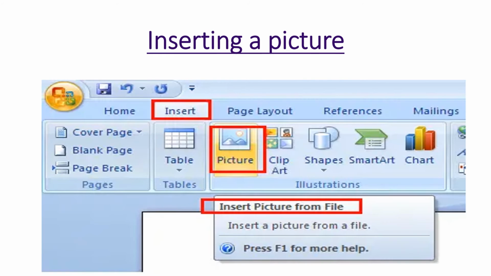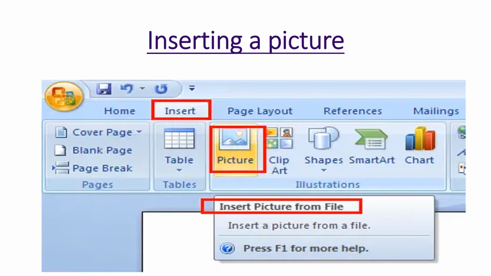In this slide you are going to learn how we can insert a picture in a table. You just click in the table where you want to insert an image or picture. Then you click the insert tab. In the illustration group you have the picture button, so click there.